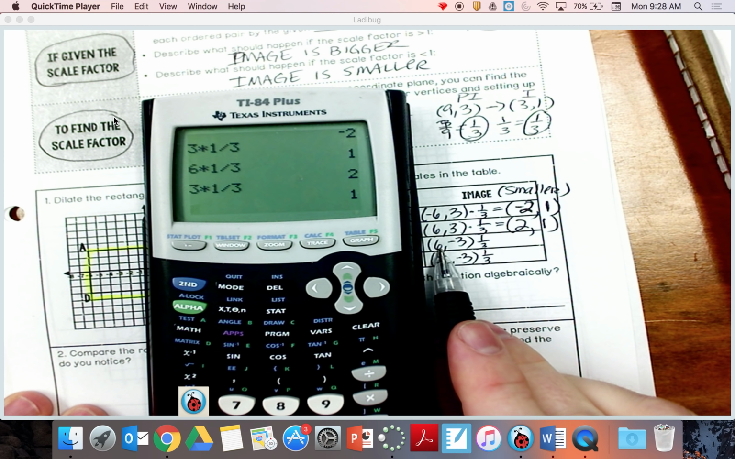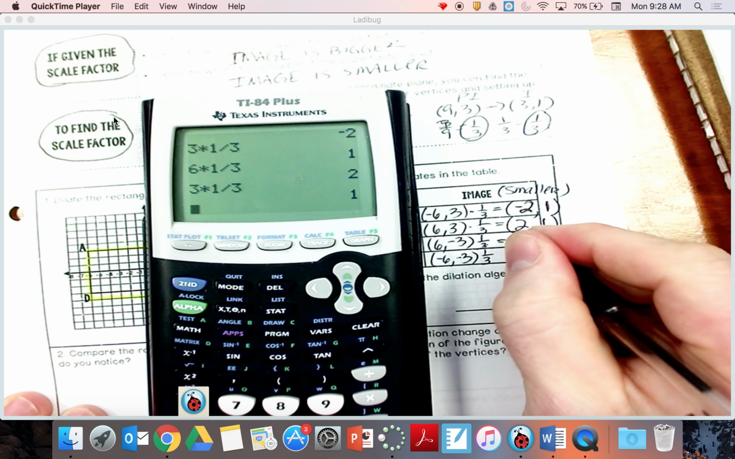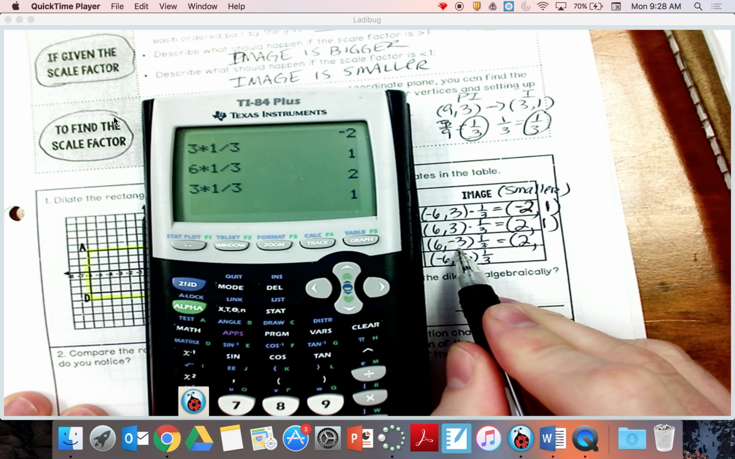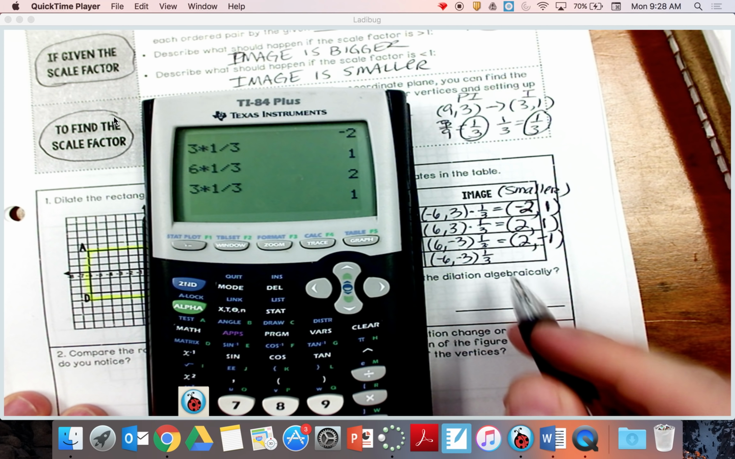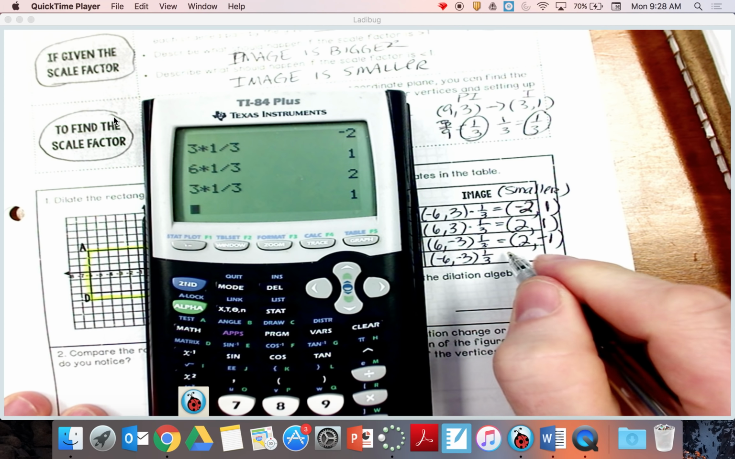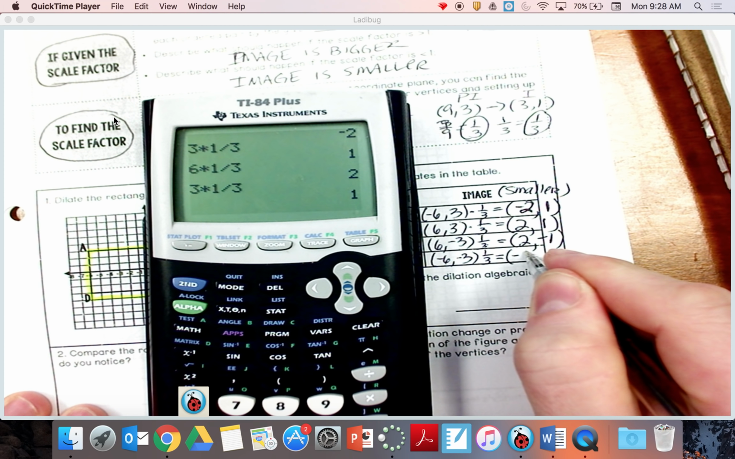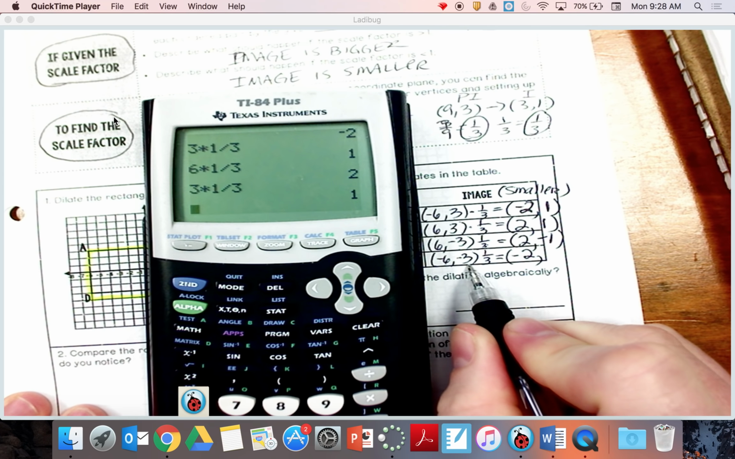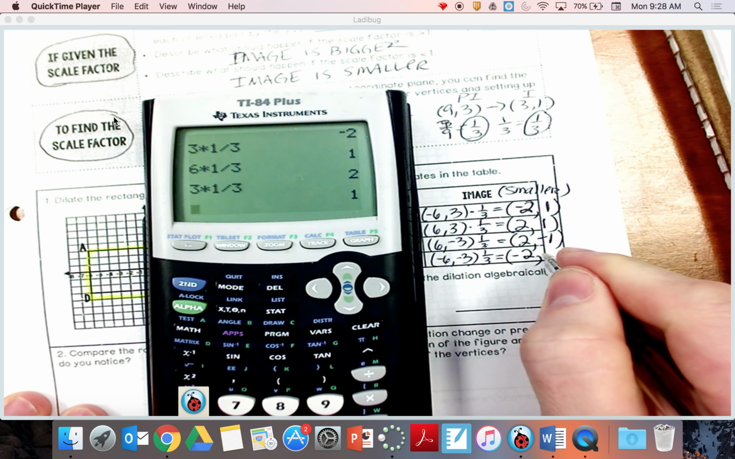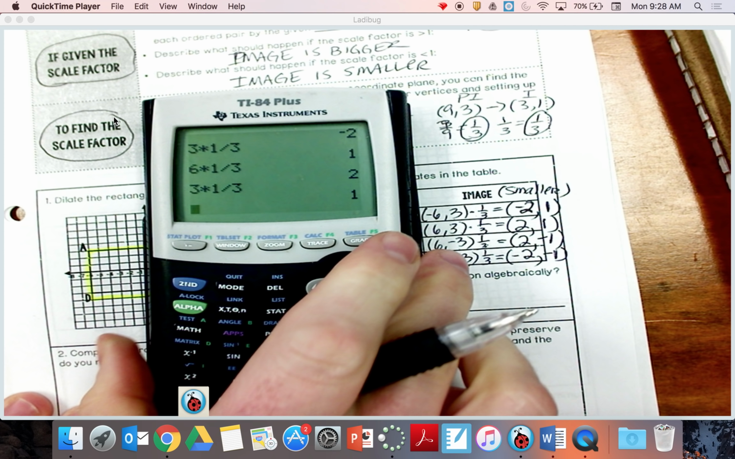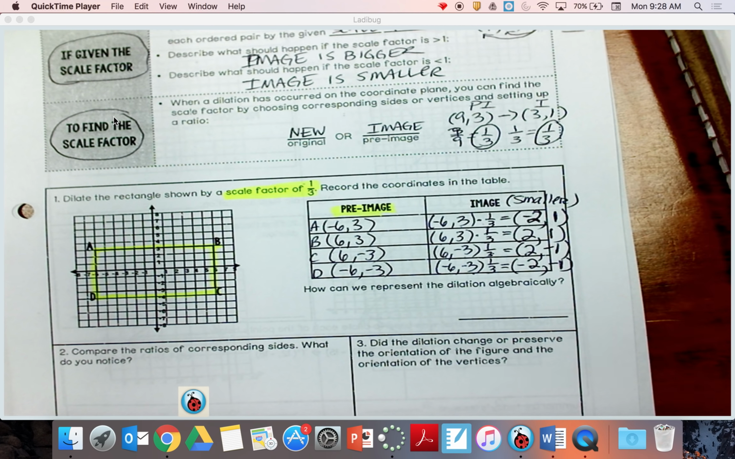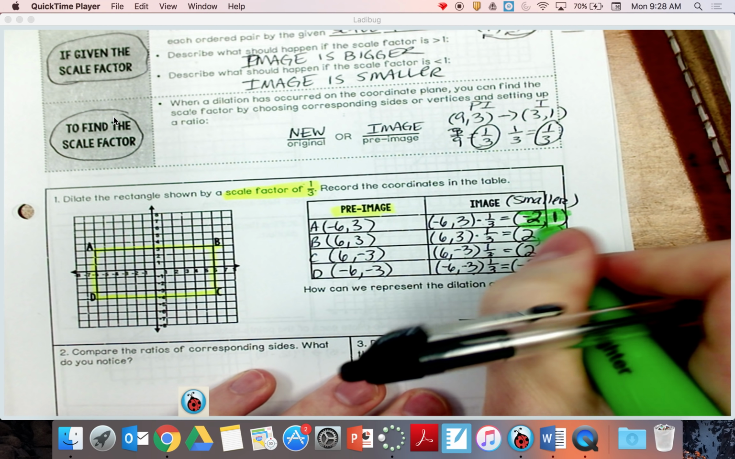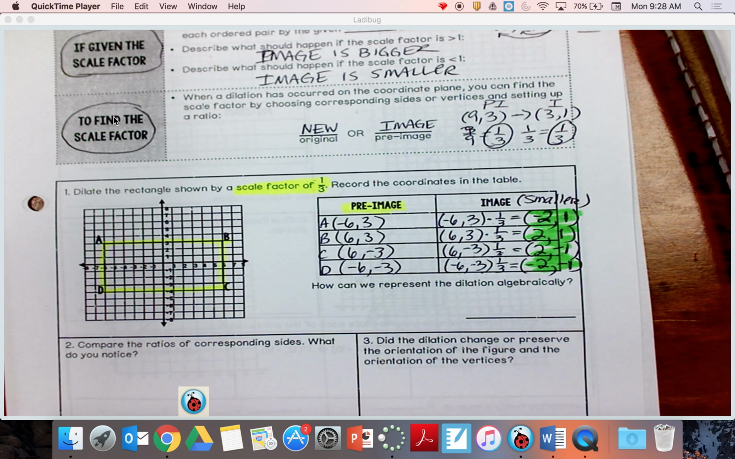I do the same thing here, 6 times 1/3, because I'm shrinking it, should give me 2. -3 times 1/3 will give me -1. Then I have -6 times 1/3, which will give me -2. And -3 times 1/3, which will give me -1. So those are my new points for my image, and I can graph that onto my XY plane, and you will see that it will make me a smaller